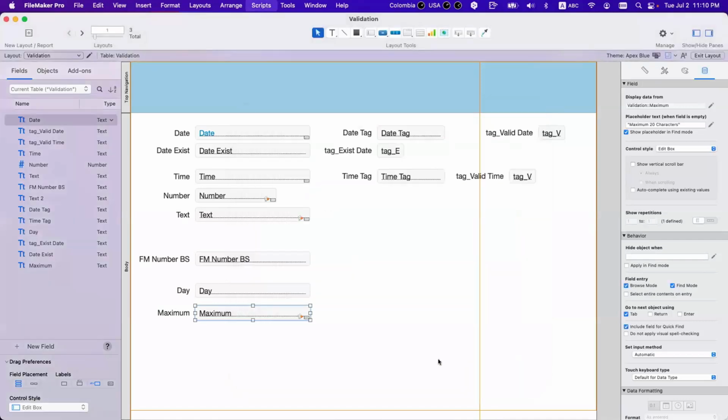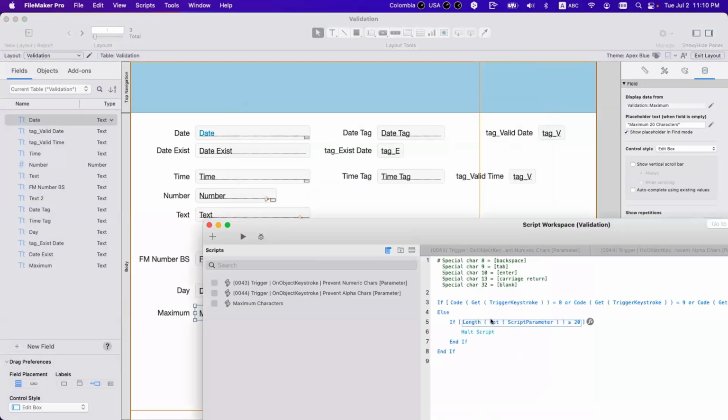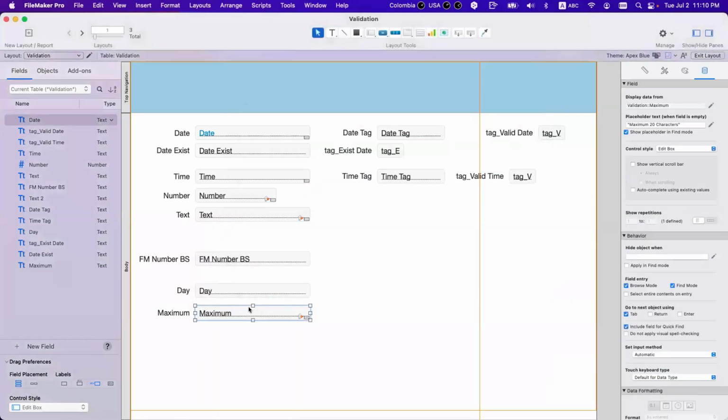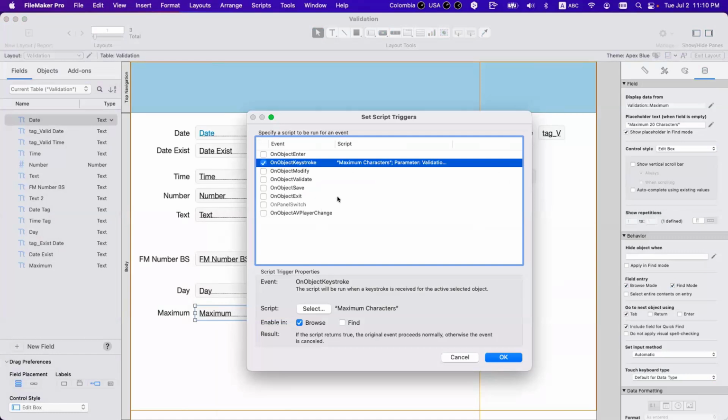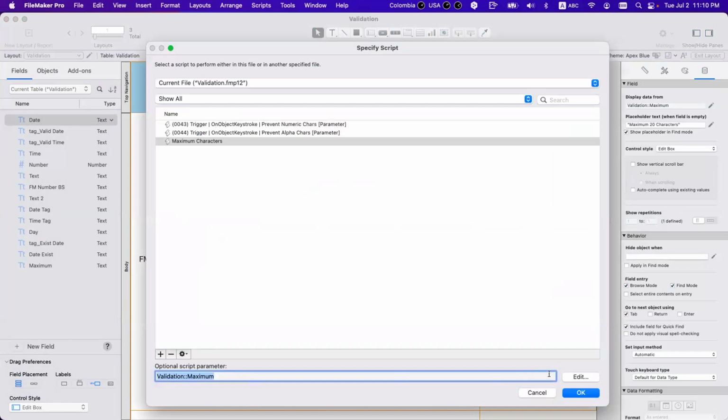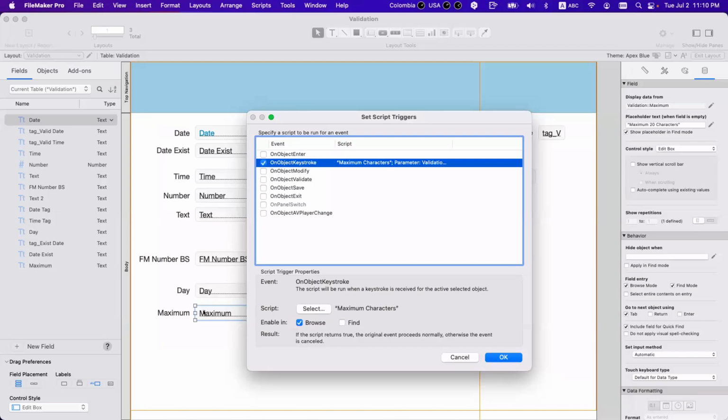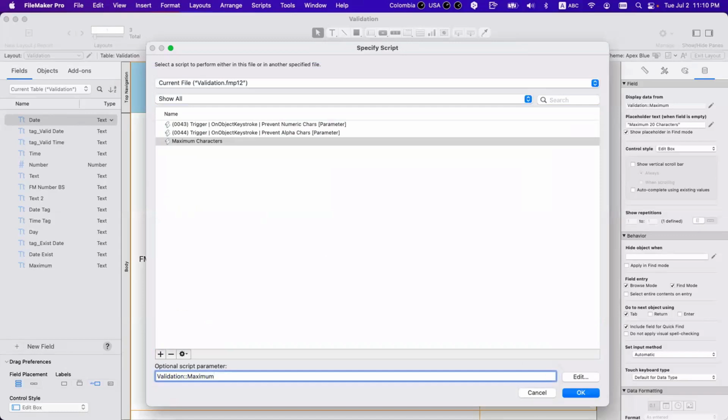So doing this, okay, I say I have a trigger on keystroke, and here I have a parameter. The parameter on this script is the field itself. I put the field as a parameter.